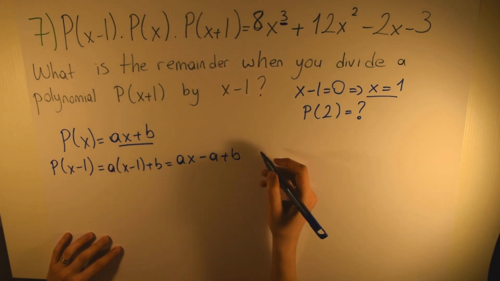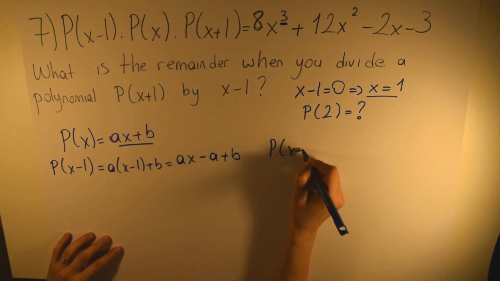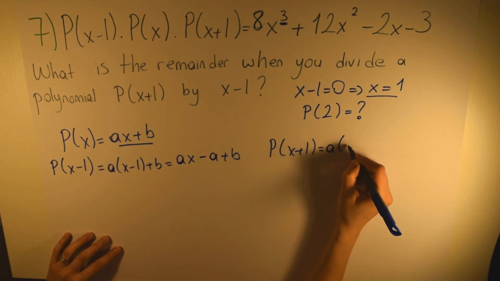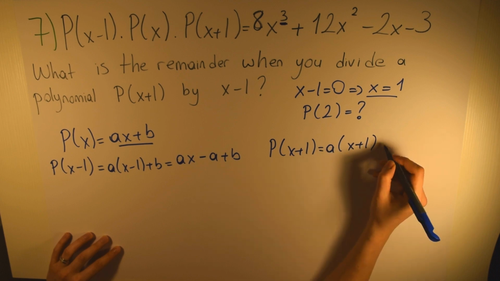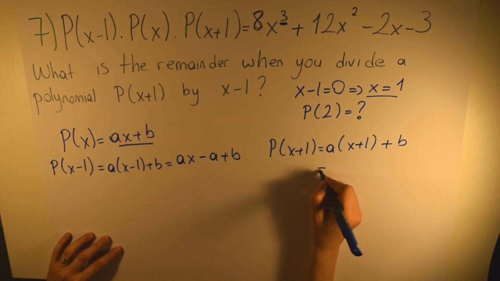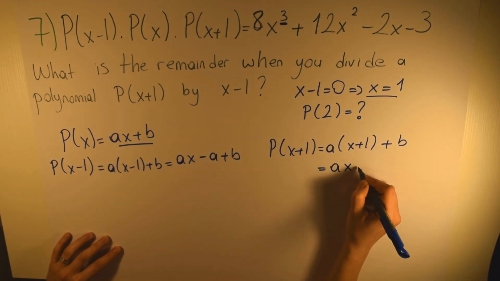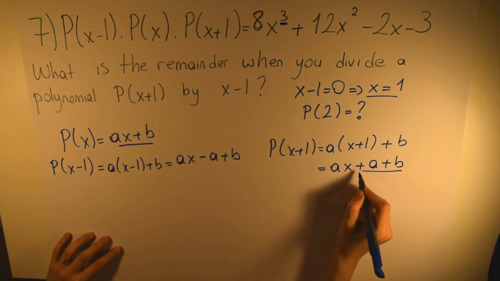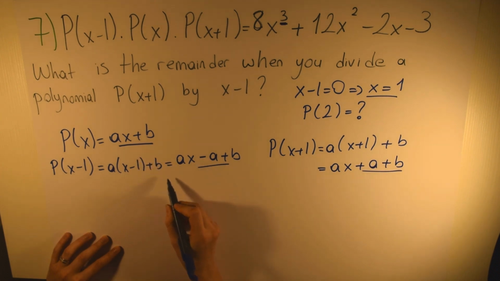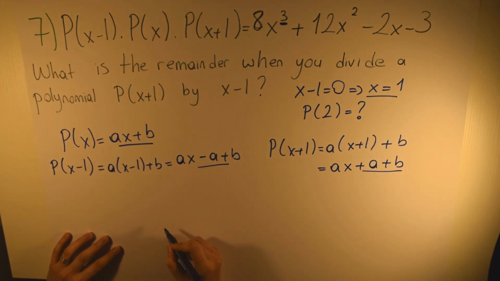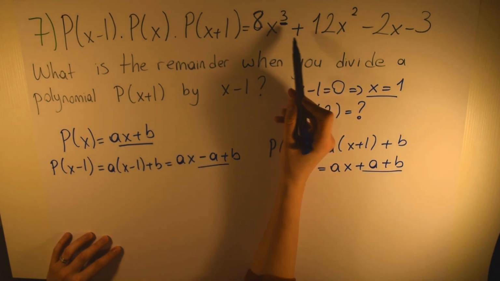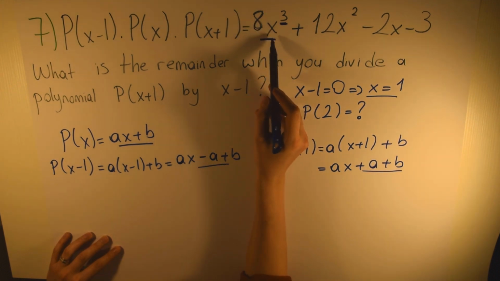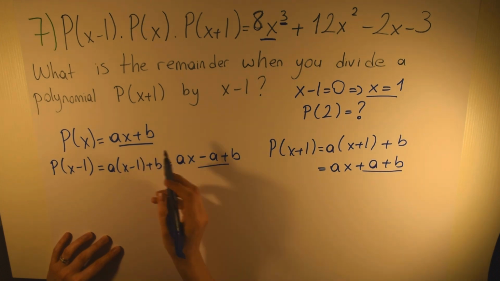And when I put x plus 1, P(x plus 1) is equal to a(x plus 1) plus b, from here ax plus a plus b, right? So I have this, and I have this, and I multiply these 3 together. So I get this one, right? So this 8x squared, it's 8x to the power of 3. So this is equal to